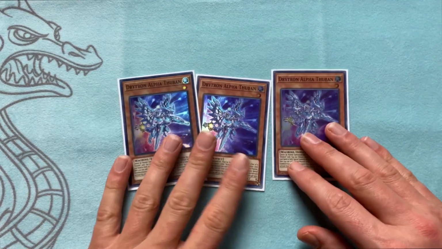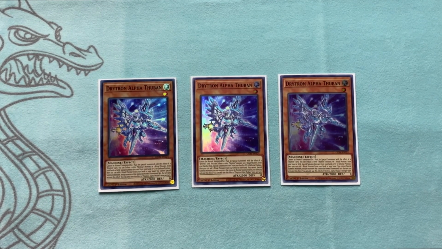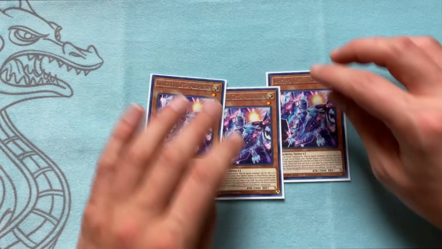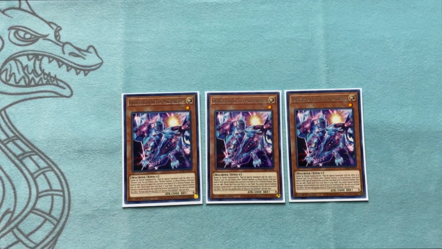We, of course, run 3 Alpha. Alpha Thuban, the fact that all the Drytrons are still at 3 just makes this deck incredible as it is. So, yeah, Alpha is a very important staple. Next, we run 3 Zeta. Zeta is equally as important as Alpha, especially now, because you have to be able to get access to the